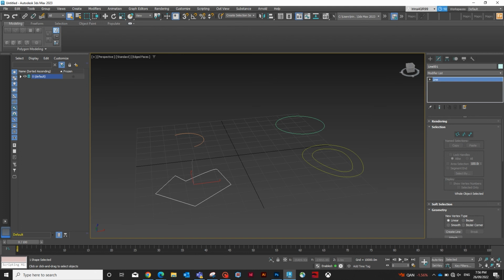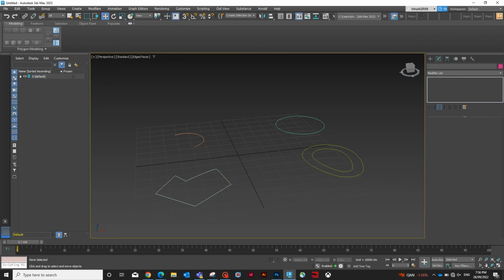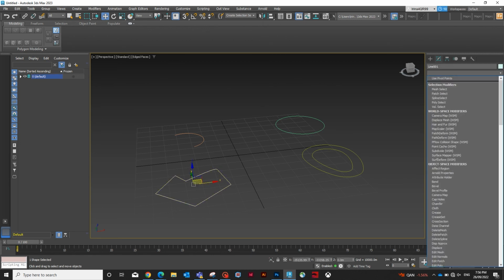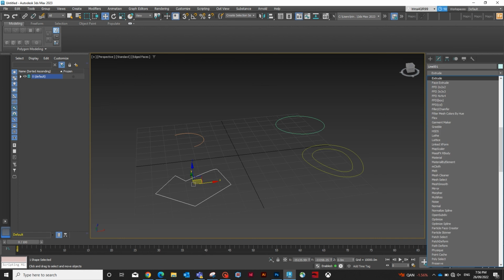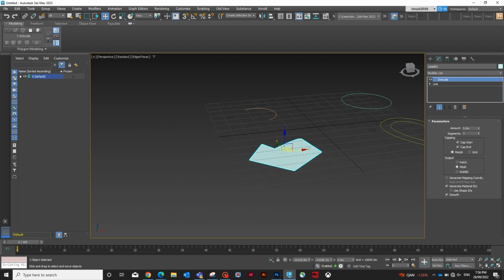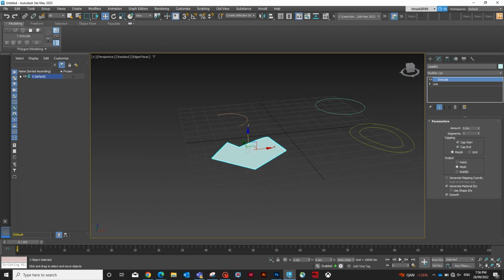What you want to do on the side under the modify panel is double click and type extrude. Sometimes it doesn't work, so you have to find extrude manually, and by clicking that, it creates a cool looking surface made out of that interesting